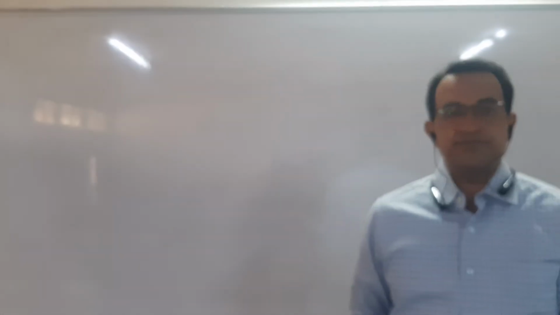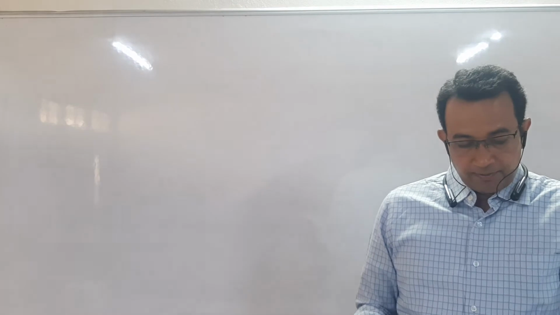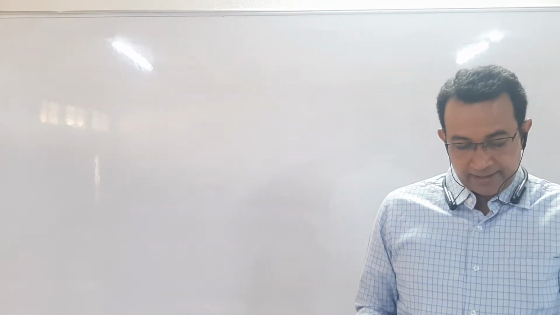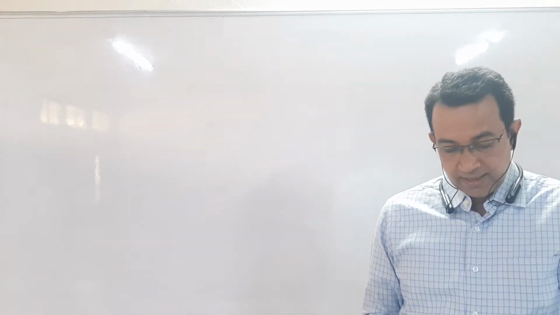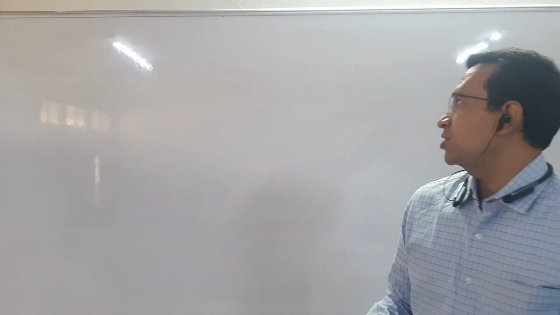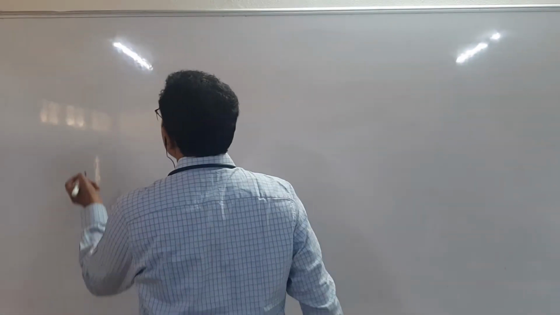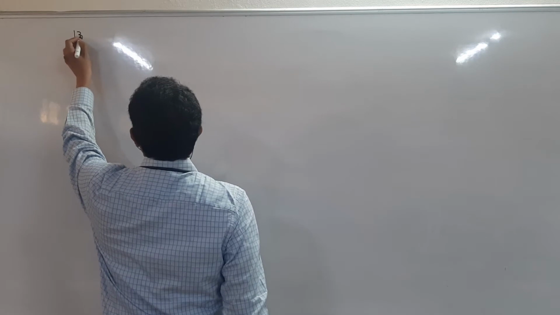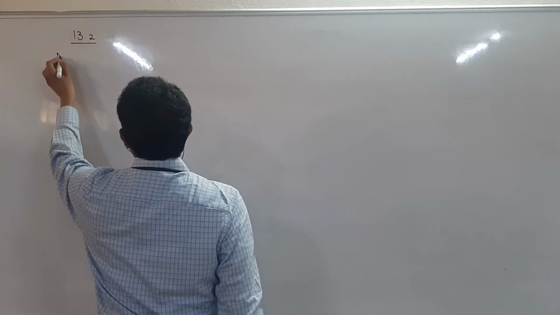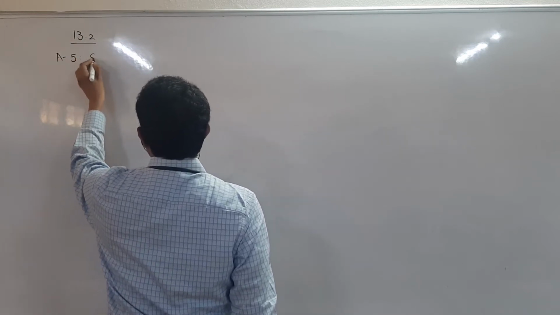In the last lecture, we completed up to sum number 4 of exercise 13.2. Today, students, we are going to start from sum number 5. A die marked 1, 2, 3 in red and 4, 5, 6 in green is tossed. Okay, students. The sample space is written as